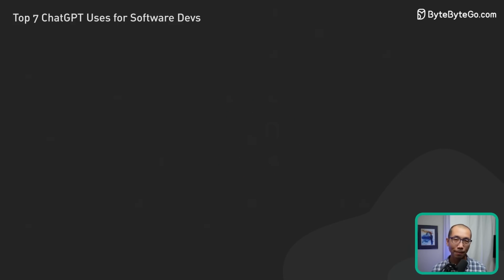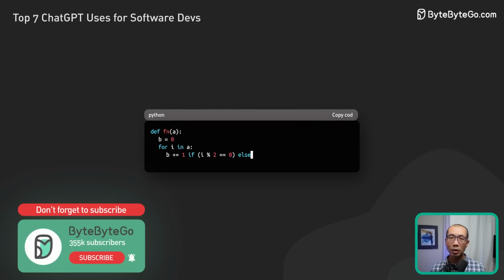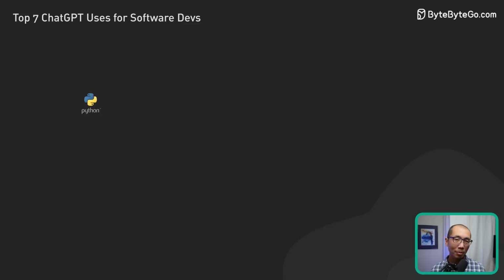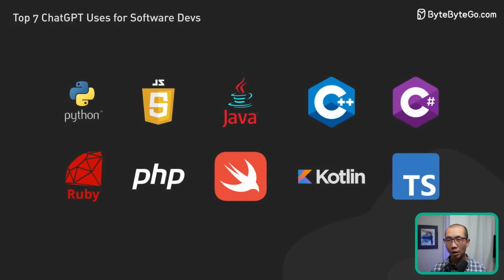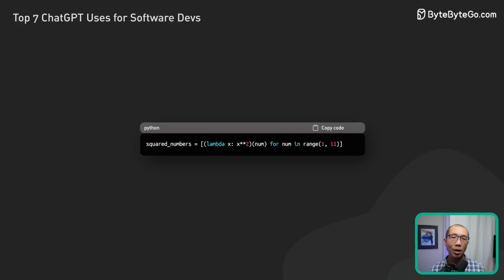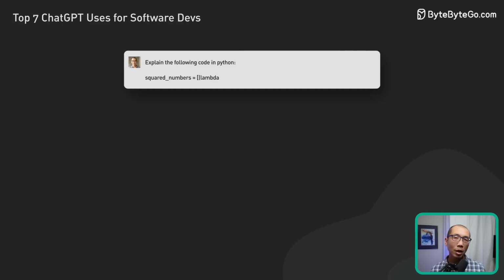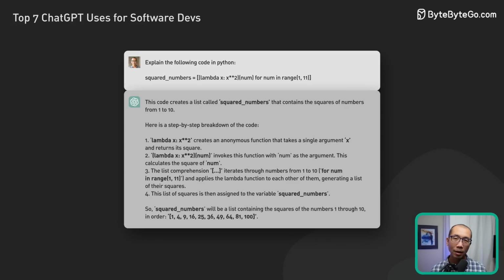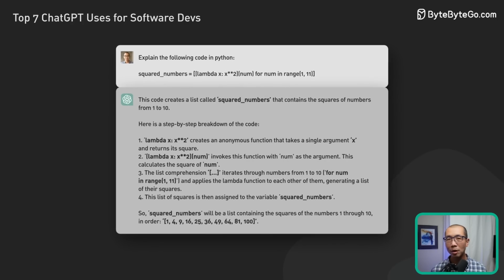software development. One of the most common ways software developers use ChatGPT is to get help understanding confusing code. ChatGPT knows a lot about programming languages and can explain how different parts of code work in a simple way. For example, imagine we find this Python code that uses some advanced features like list comprehensions and lambda functions. If we don't know what's going on or find the code hard to read, we can ask ChatGPT to explain it. With ChatGPT's help, we can better understand the code we are working with and feel more confident when dealing